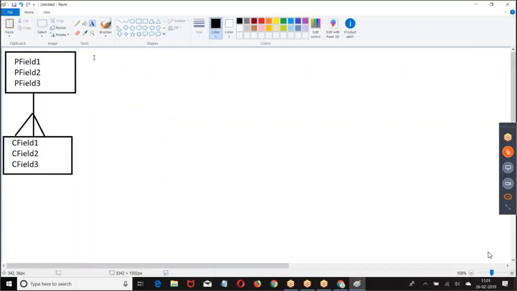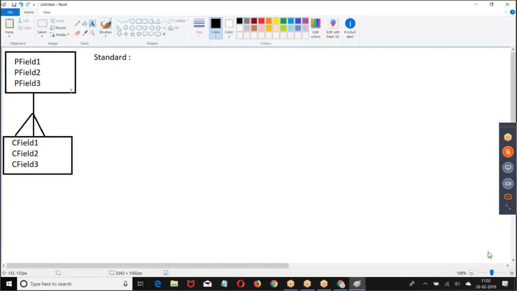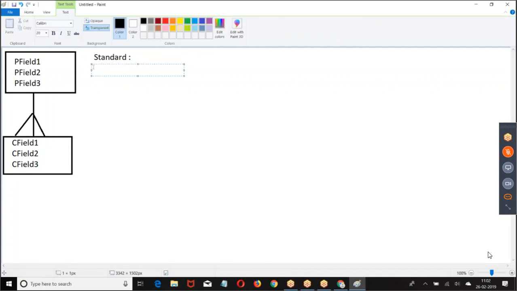The question is, who created the relation? Now let us assume it's a standard relation. Standard relation means Salesforce created this relation between the objects. Salesforce has created the relation between these two objects. Now look at the point. If Salesforce has created the relation,